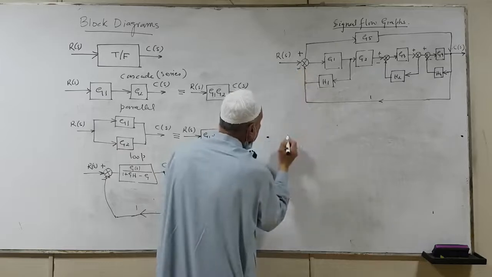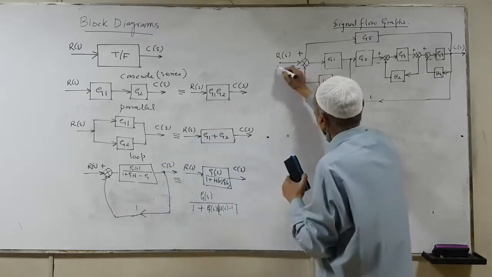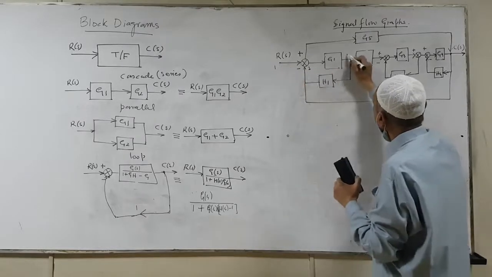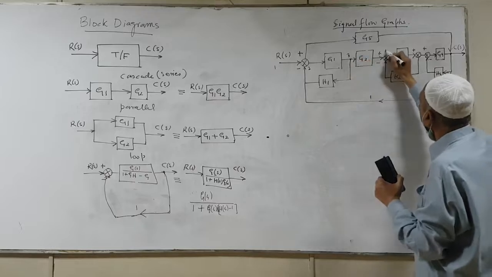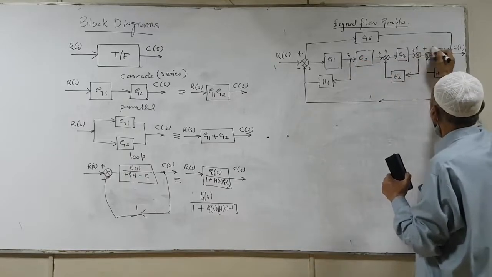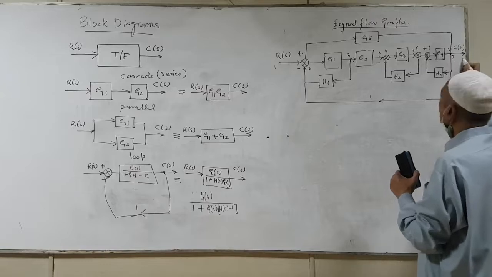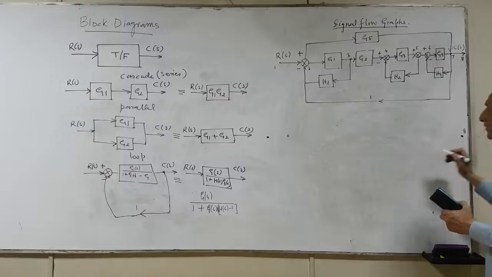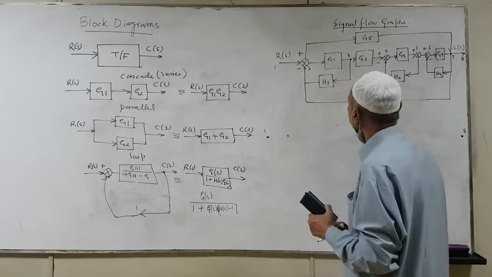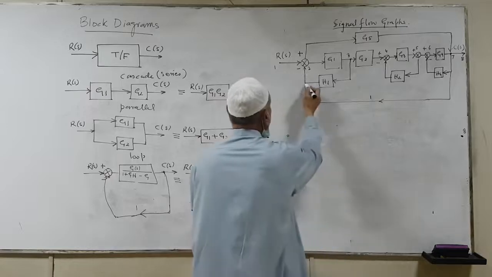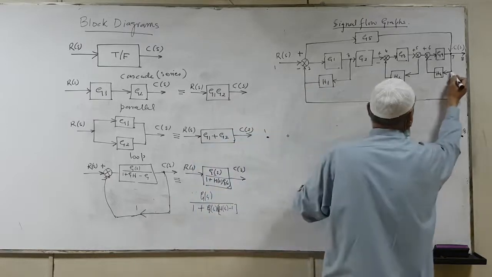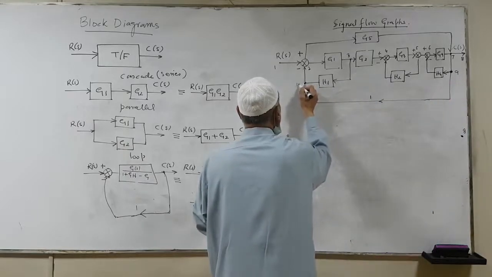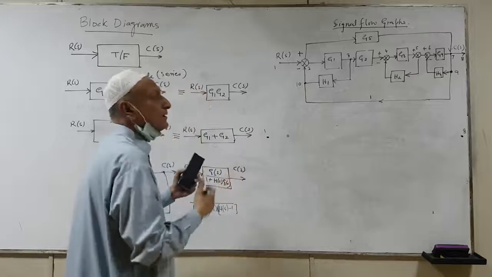So we have a summation point. Let's mark them first. We have 1, we have 2 node, possible node, then we have a 3rd node, then we have a 4th node, then we have a 5th node, then we have a 6th, then we have 7, and of course this one is actually 8 because we have to represent output by 8. This is node 8 and this is our node 1. And then this is another node, this is another node, so we just mark it as node number 9, and then we have node number 10. So these are the possible nodes.